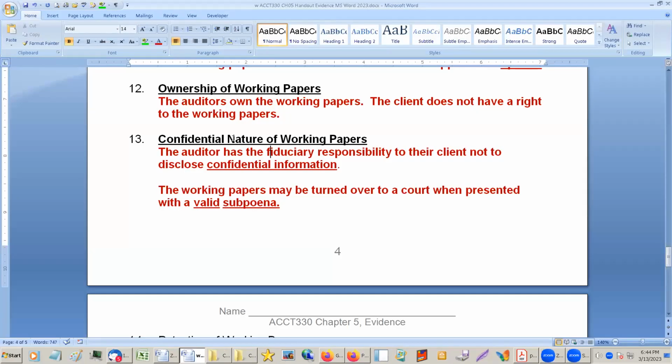And things like letters from the IRS, things like that. Unless they get a subpoena, you don't turn over that information. So it has to be a valid subpoena. It has to come from a court. There has to be a real legal reason why people get it. It cannot just be somebody wants it. Even if they have a valid reason for it, they got to go to court, convince the court that it's a valid reason, and then they get the subpoena, and they can get access to the work papers, or part of the work papers, whatever they need.